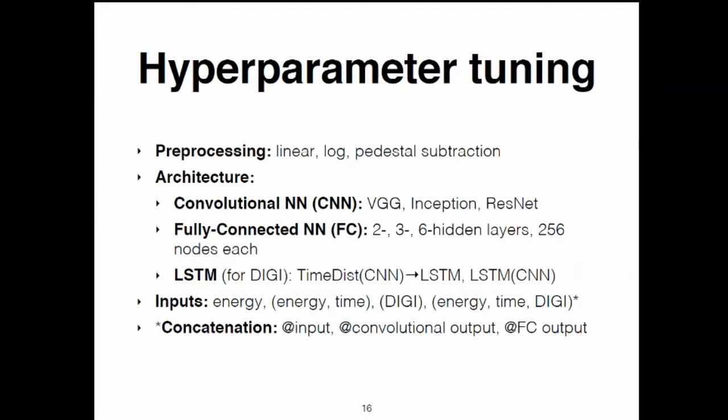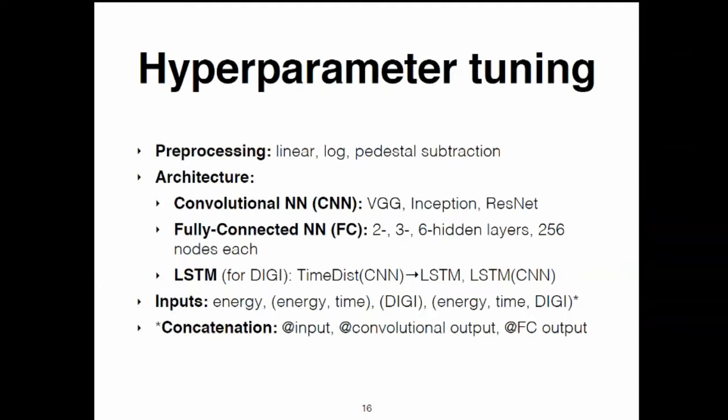For object classification, we can tell you that there was little to no difference between using the VGG and the other more fancy architectures. But I will get back to this later on. We also tried a fully connected network where we flatten out the images, and we tried different fully connected networks just to see if the score is constrained by the inputs or the capacity of the network. In this case, the 3-layer actually worked better than the 6.